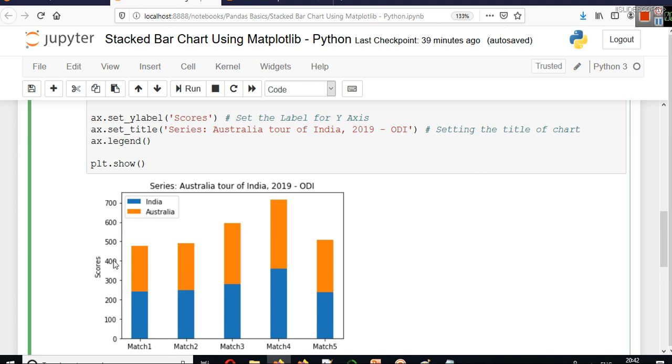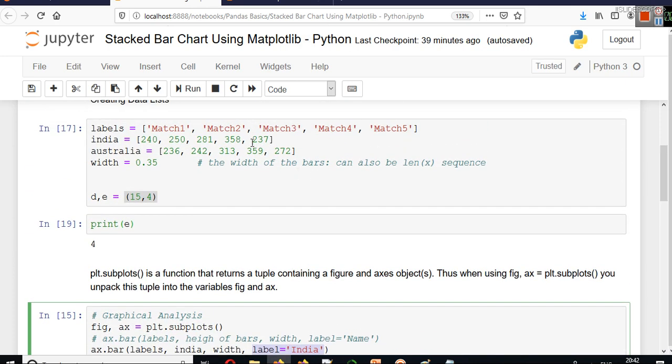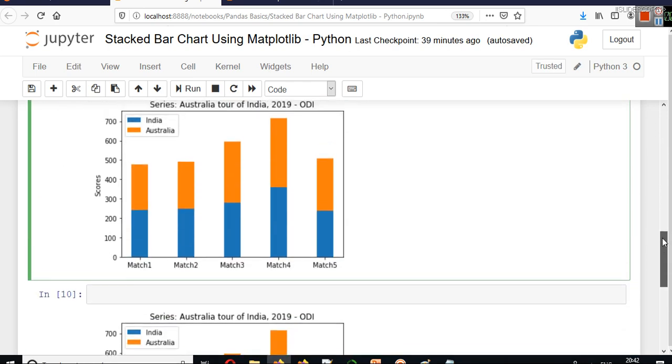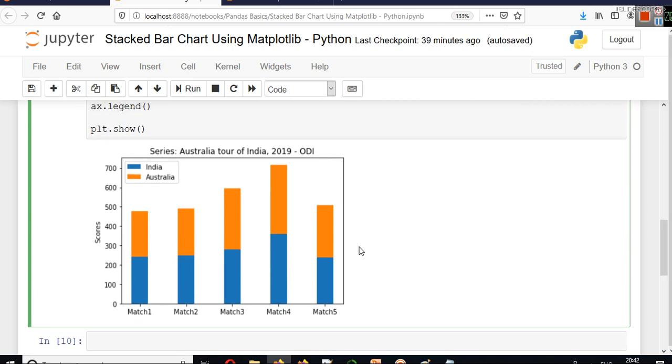For these 5 matches, you can see, for example, match 1 was a low scoring match, and match 4 was a high scoring match. It was a close match. You can see in match 4 we have 358 and 359, so Australia won by 1 run here. In this match you can see the length of the combined bar is greater. So this is the meaning here.